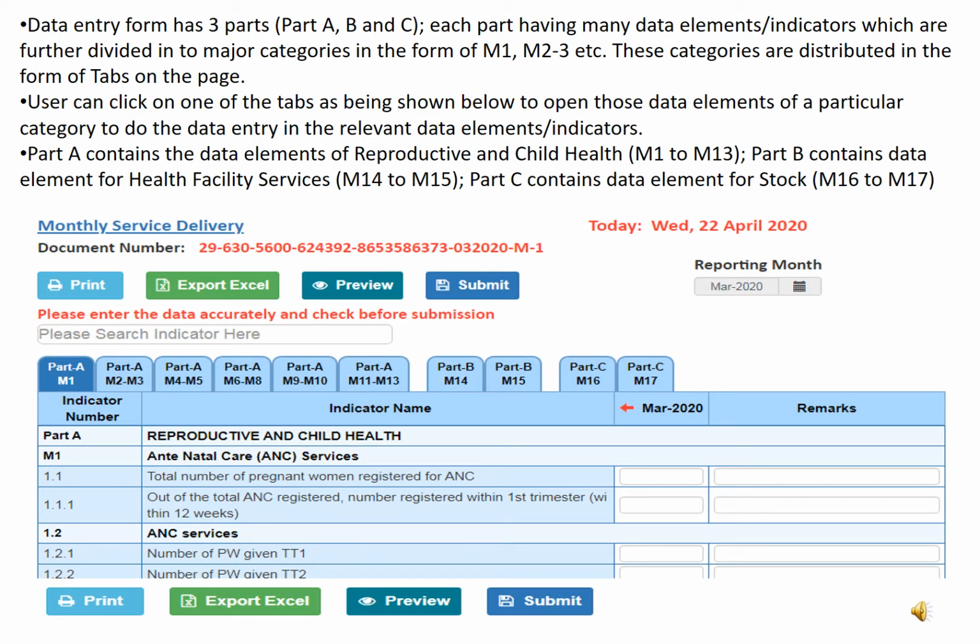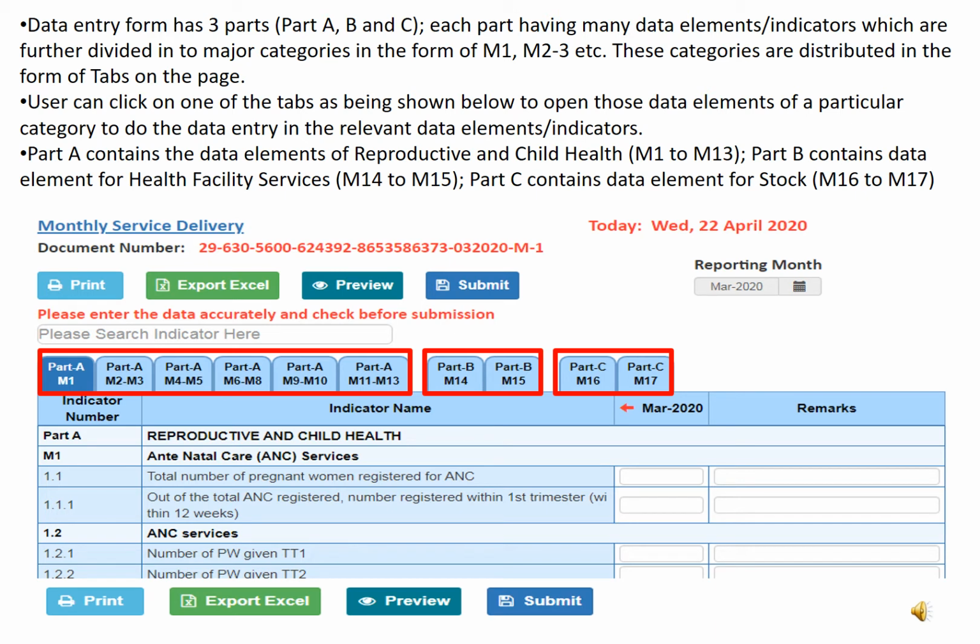Data entry form has three parts: Part A, Part B and Part C. Each part having many data elements or indicators which are further divided into major categories in the form of M1, M2, M3 and so on. These categories are distributed in the form of tabs on the page.